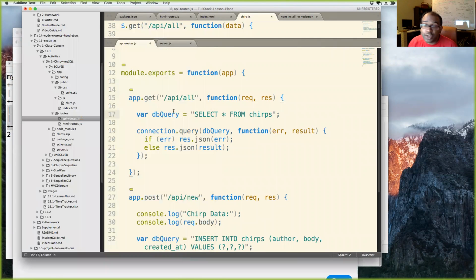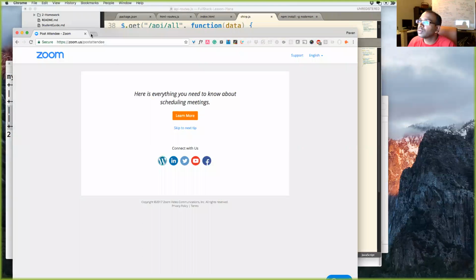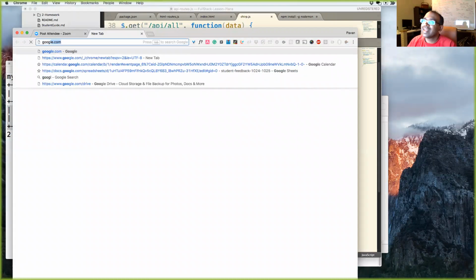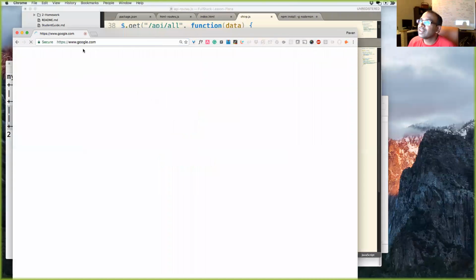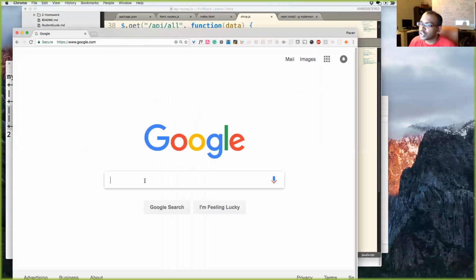And the information that's sent back in a GET request, you can see in the browser, in the URL. So if I go to Google right now and search on, what's your favorite band?